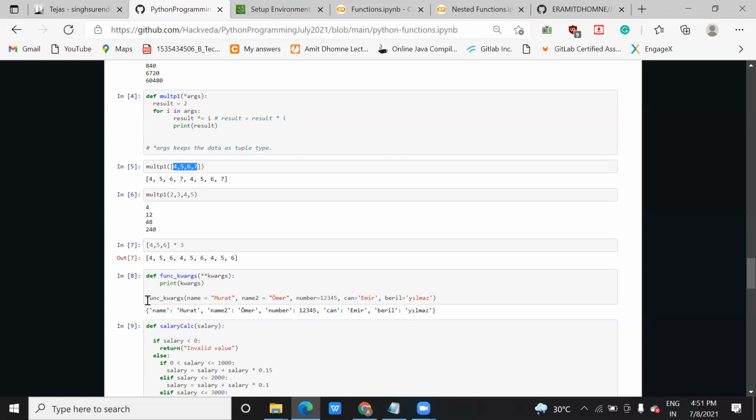Like here, while calling the function, I am passing this value and you are printing this keyword argument. So it will print as it is whatever you are reading here, keyword and the argument. It will act as a key and value. The left hand side will be your key, the right hand side will be your value. And here also it will take one by one, right?